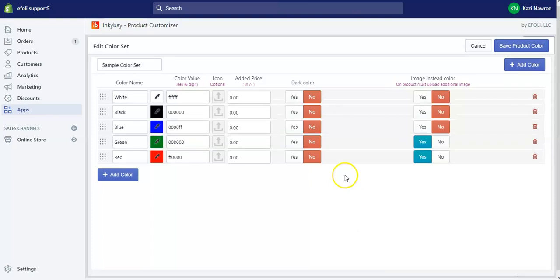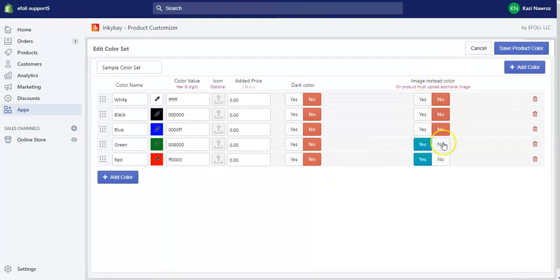If you don't have the images, you just click on no, and you just upload a grayscale image. The app will automatically convert the color of the product into that color. But if you have the product image in that color, you just click on yes, and you will upload the image. Let's see how we can do it.